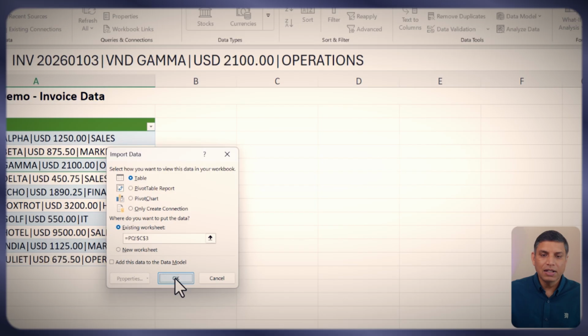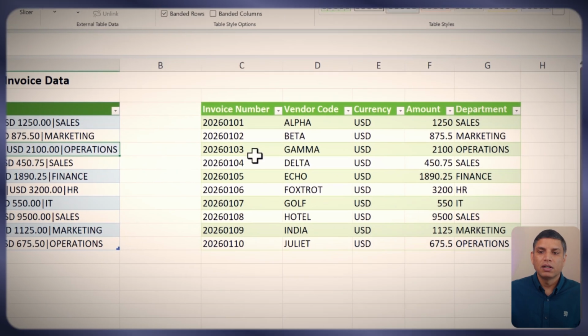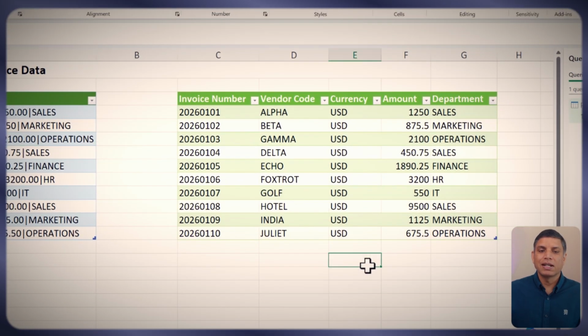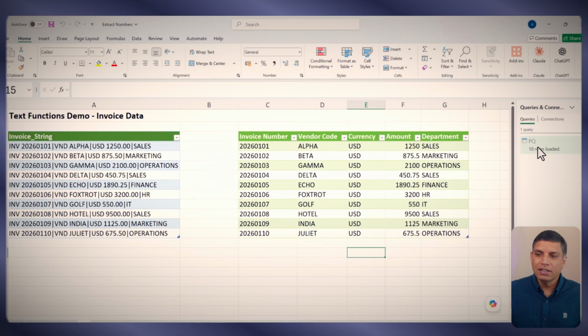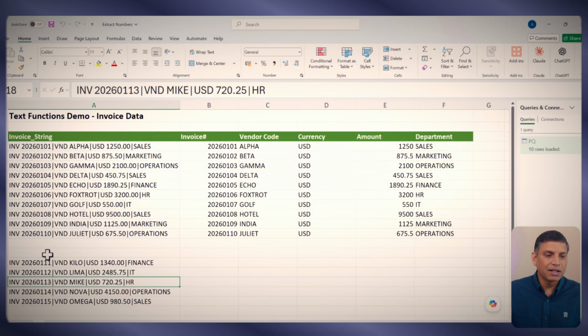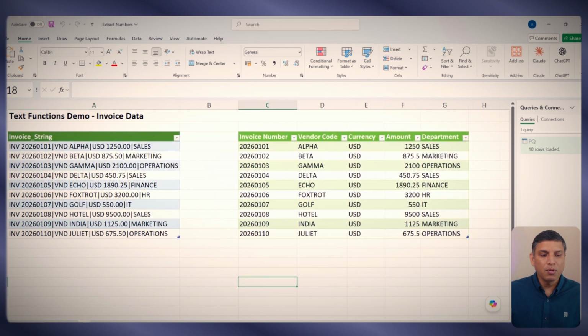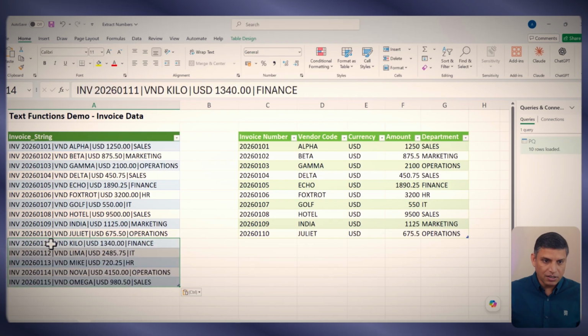Okay, when I click OK, it gives me those 4-5 columns which are important for me, and that process is automated. Why is this automated? Because let's say tomorrow you are getting some more transactions. I am copying these additional transactions. I am coming back to this Power Query sheet, and that was our original table, right? I am pasting those additional transactions over here,